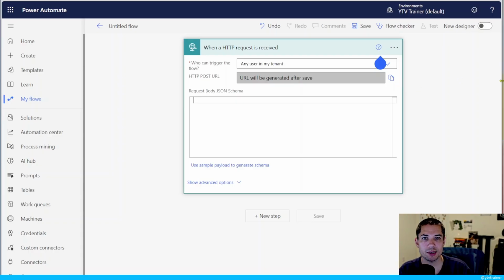So the trigger happens inside of a different system. I set the trigger in a different system, and then that system triggers this. So this is a great practice in how to utilize Power Automate triggers where triggers are built outside of